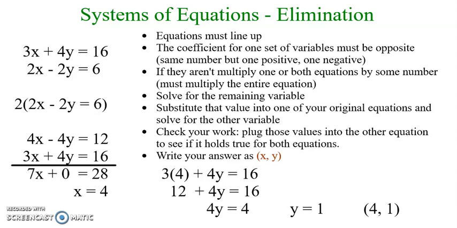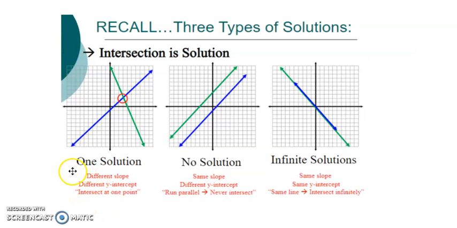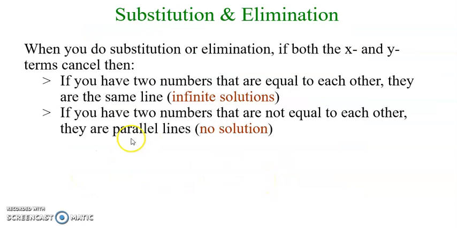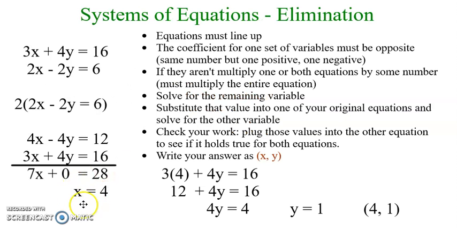Keep in mind that when you're doing elimination, for the most part, you're going to get an answer like this, and that is when there's just one solution. But we get something slightly different if it's no solution or infinite solutions. So if both x and y terms cancel out when we do elimination, then you're going to end up with two numbers. So it's not going to be x equals 4, maybe it's 7 equals 4, or it's 4 equals